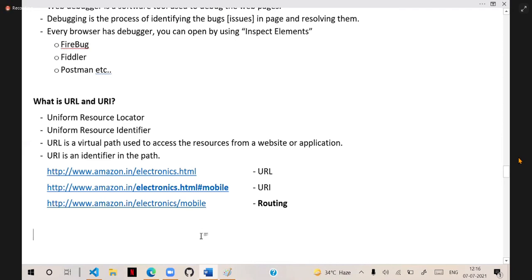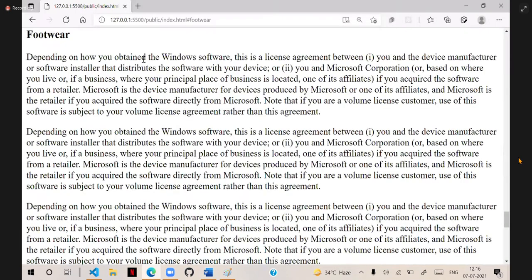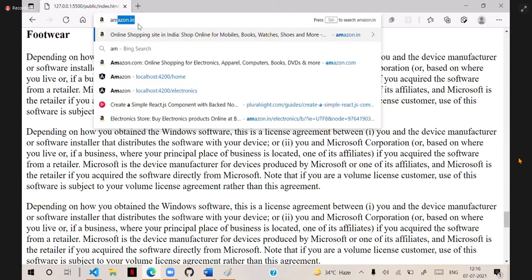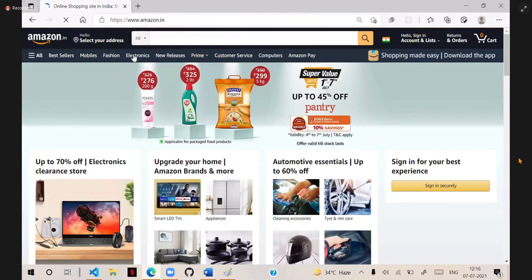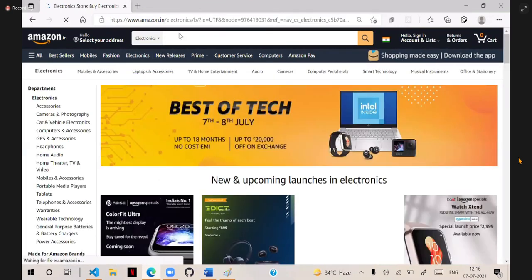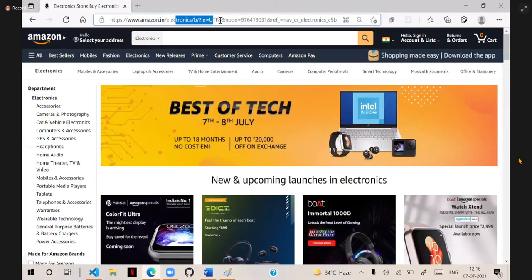But not every website. Observe here, suppose I opened Amazon, and when I select electronics, it opens electronics/. There is nothing like any page name .html or .asp.